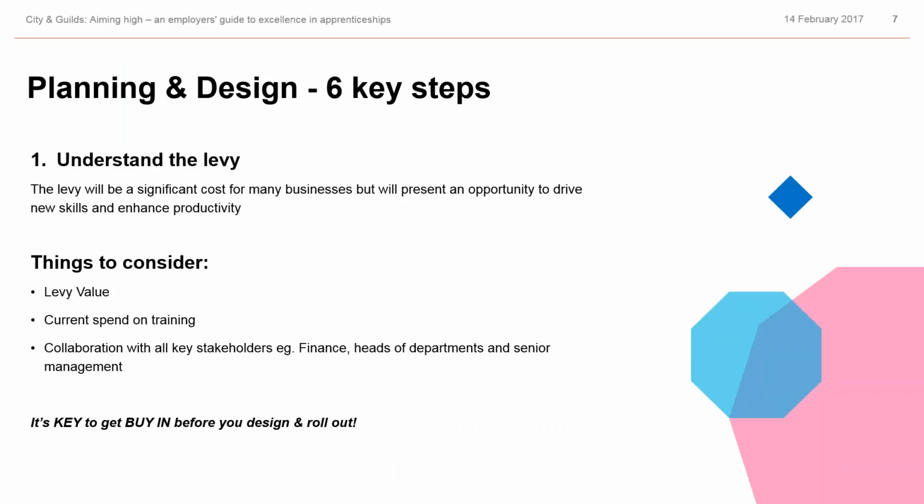Okay, so planning and design. We can plan design in 6 key steps. Starting with key step 1, understanding how much your levy is. This is really important as it will enable you to start to understand what funding is available to you in business. It might also be worth, if not already, starting to link in with key colleagues, heads of department,